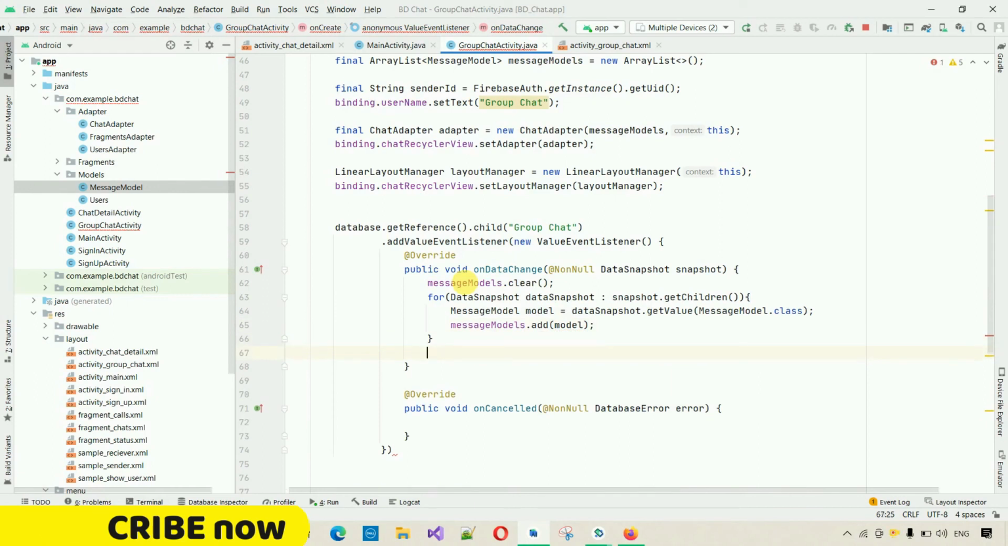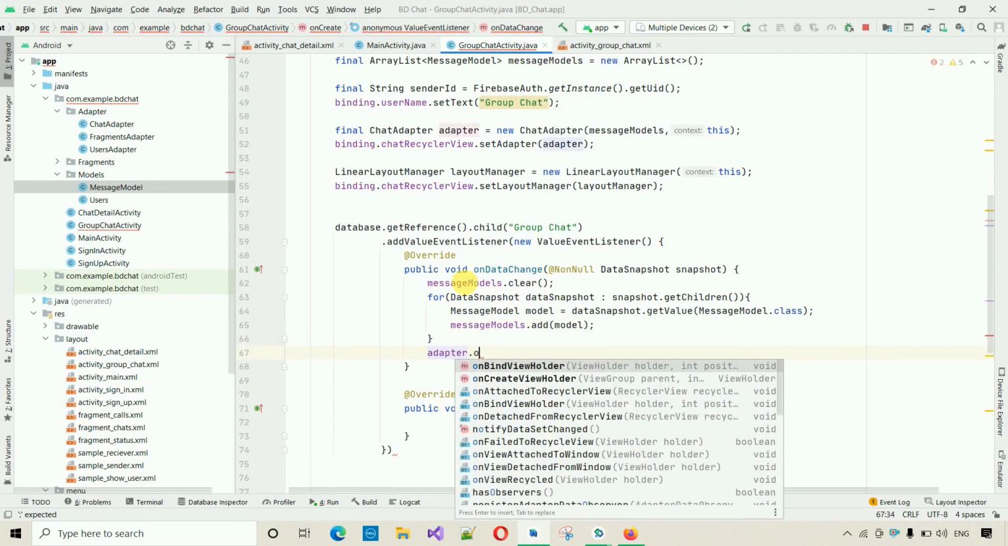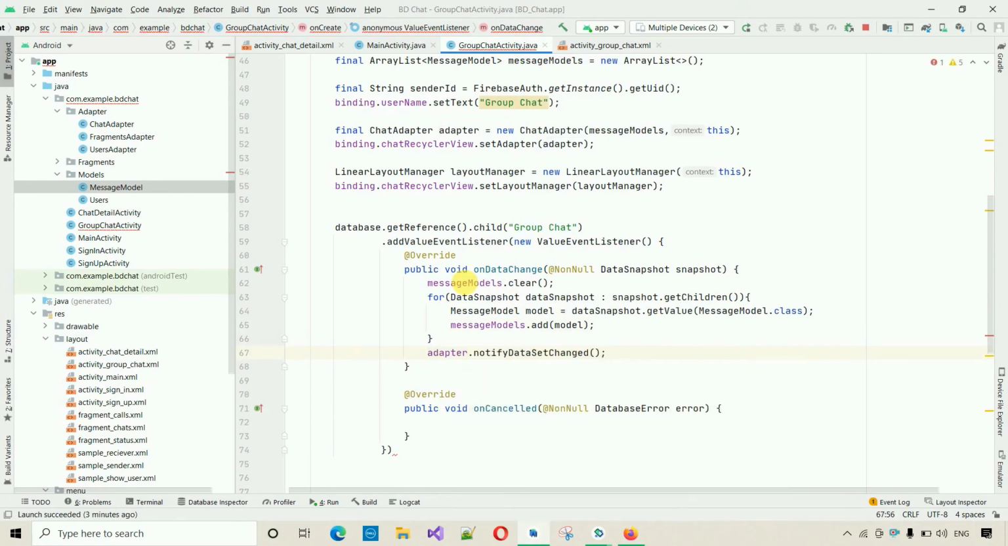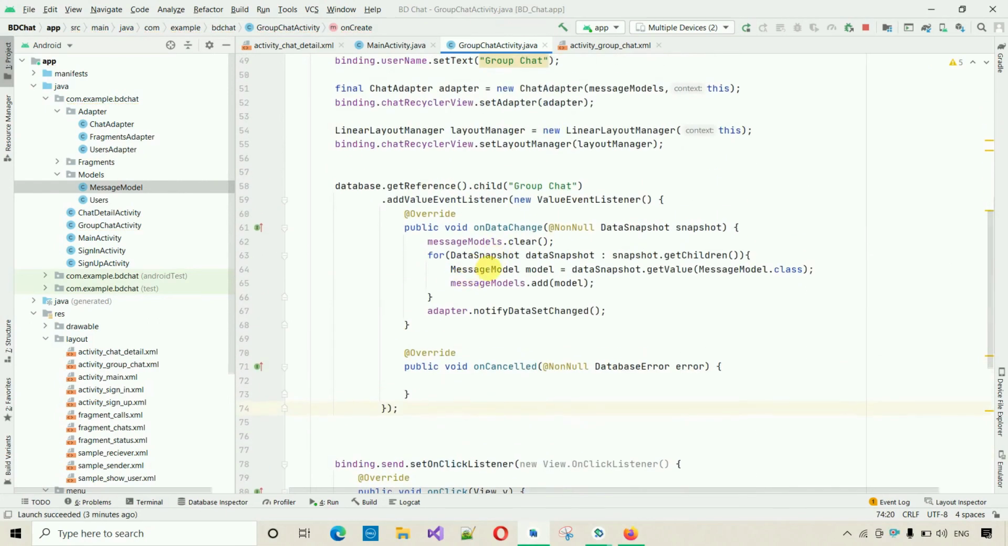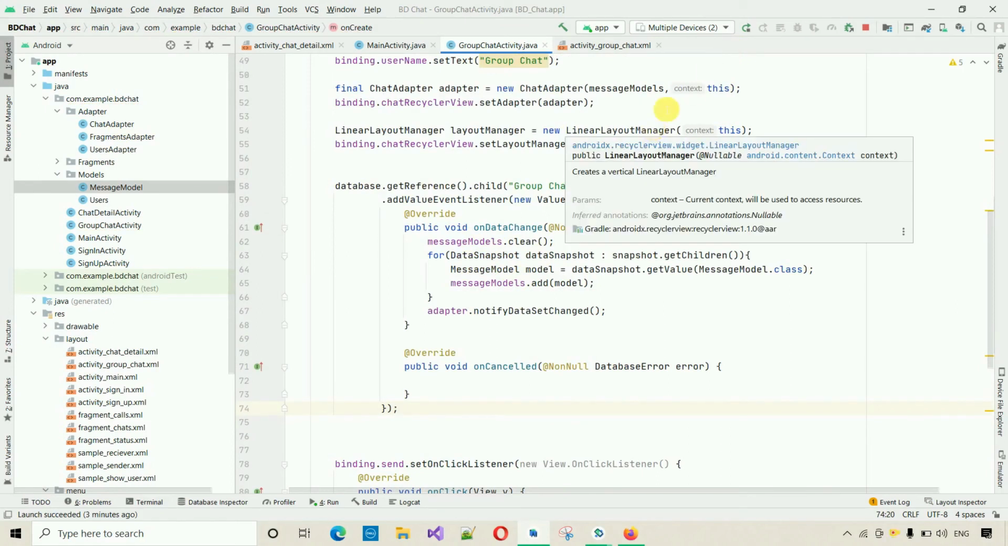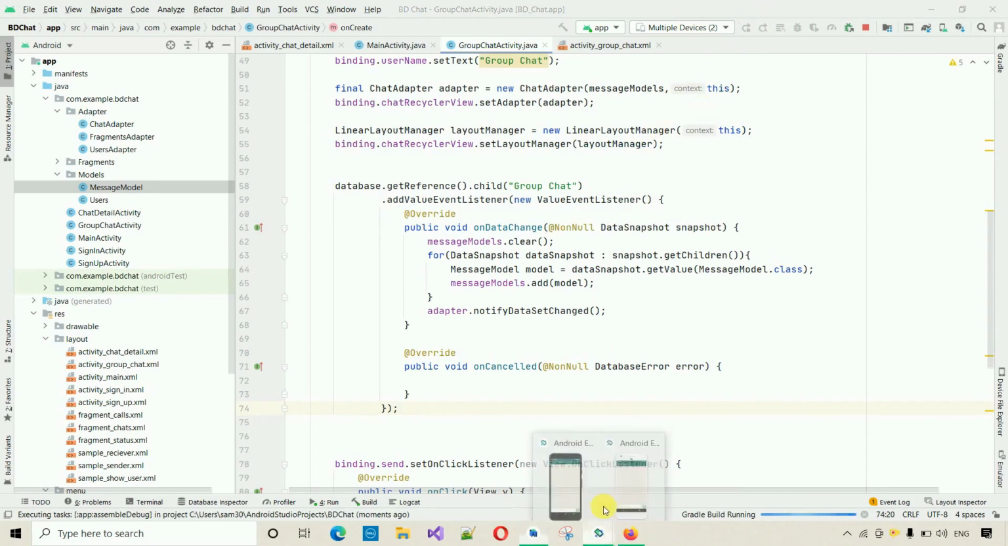Now finally we have to write adapter dot notifyDataSetChanged, and we have to put one semicolon over here, and all the task of creating the adapter we have already done. So with the help of the chat adapter we actually set the view. For every message we have set the view. So if I restart the application and move back into this one,